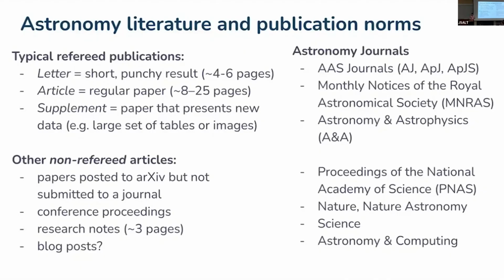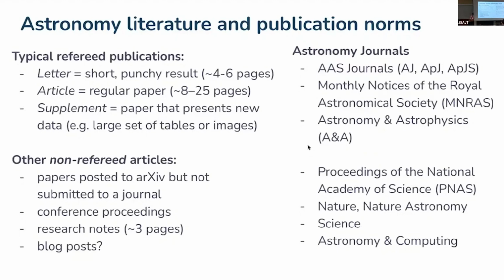Anyway, they have these monthly notices, and they've been doing these publications for a couple of centuries, I don't want to say the wrong year, but I want to say like the 1600s or 1700s. They've been doing this for a long time. And then Astronomy and Astrophysics is another journal that's the mainline journal out of Europe. So these are generally housed in the US, the UK, and the EU, broadly speaking.